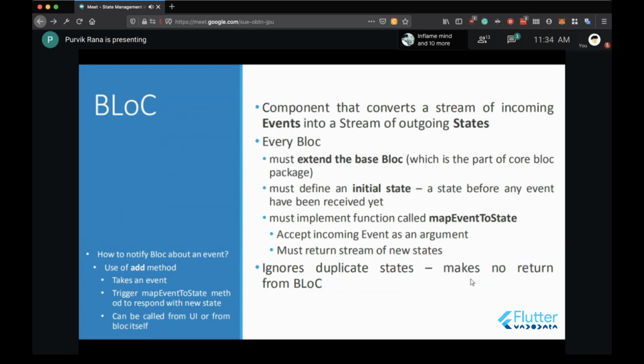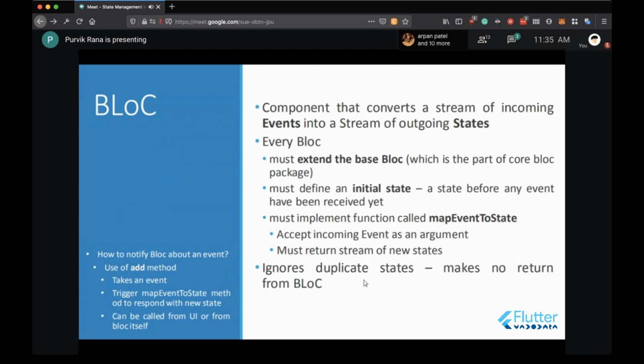So let's say you have one particular state in which your application is right now, and you again emit that same state from this method, then it will make no changes to the UI. I can easily explain that when we practically check the demo, and at that time you can easily understand this.